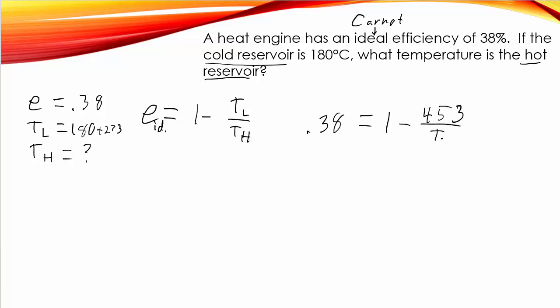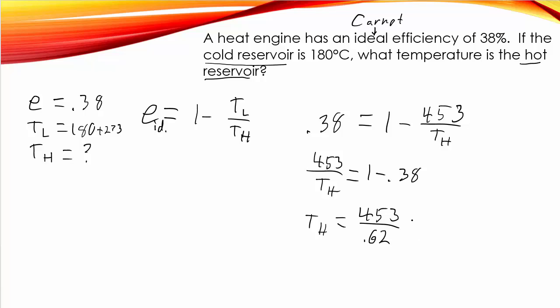And then we're going to solve for that high temperature. So now we just have a bit of algebra to take care of. If I switch the sides around a little bit, I'm going to get 453 over TH equals 1 minus 0.38. So I added this to that side, subtracted that over there. And then I'll rearrange things a bit again, and if I multiply the TH up over there, divide this stuff down over there, then I'm going to get 453, and 1 minus 0.38 is 0.62. So there we go. Throw that in your calculator, and we will get